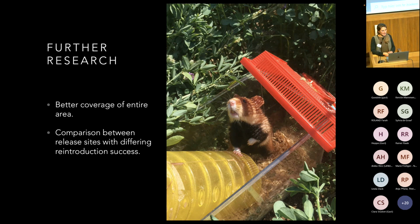Obviously, I would like to do this better with more data. So if we had consecutive years of covering the entire area, we would also have more data points, like I mentioned earlier. And what I would really like to do is, because we focused now only on a release site where our hamsters are actually doing quite well, I would also like to compare that site to other sites we have where we're struggling to establish a population that keeps collapsing despite our releases. And if we could do a direct comparison between these 2 release sites, we could maybe get better insight into how important these burrow infrastructures can actually be